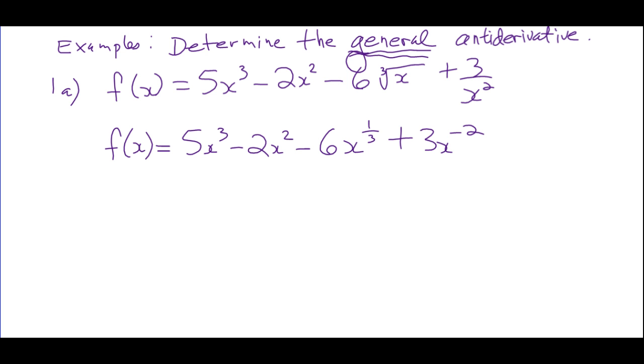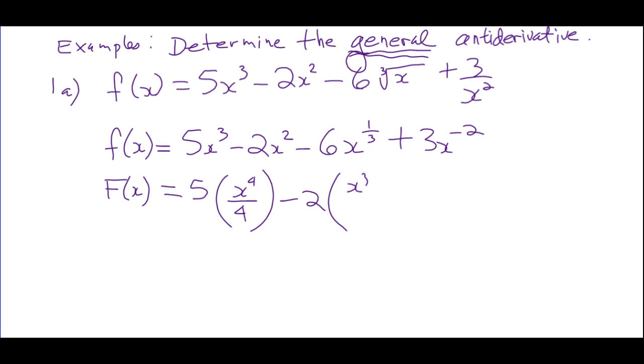Okay. Now we can go through, we can apply the anti-power rule, which you should understand there's no such thing as, but all right, so that means that capital F of x is 5 times, so what do we change this to so its derivative is x cubed? Well, that's x to the 4th over 4, right? So add 1 to this, divide by 4, minus 2 times x cubed over 3. Minus 6 times